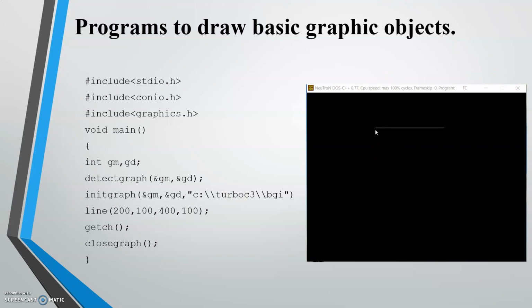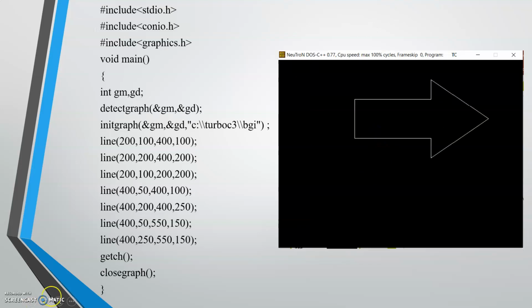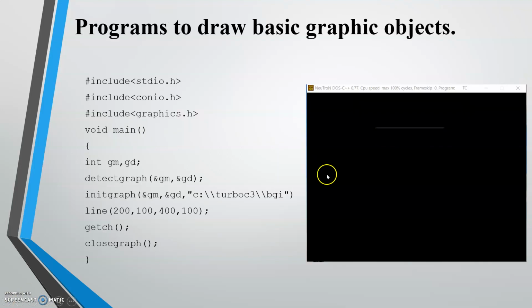This is your x1 comma y1 coordinate, it's 200 comma 100, and then the last is the x2 comma y2 coordinates, that is along the x-axis it's having value 400, and along the y-axis it's having value 100.